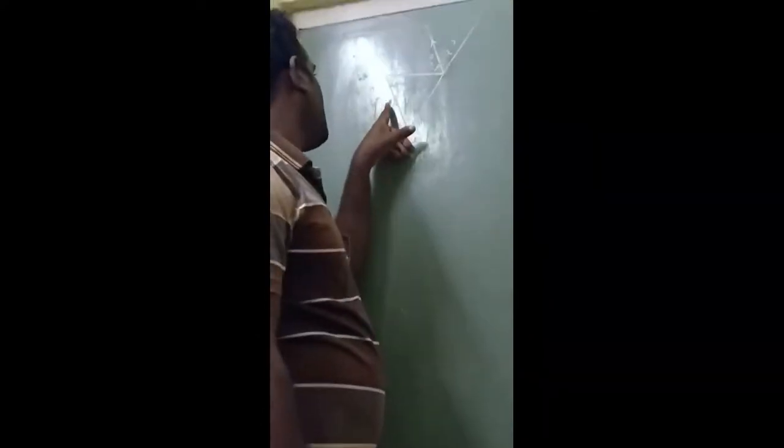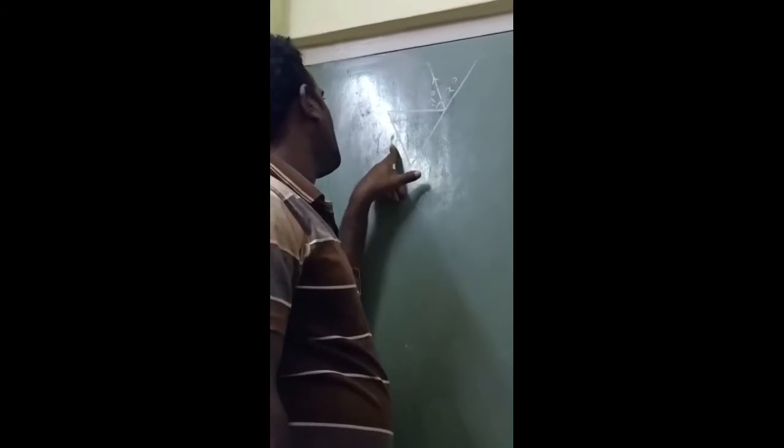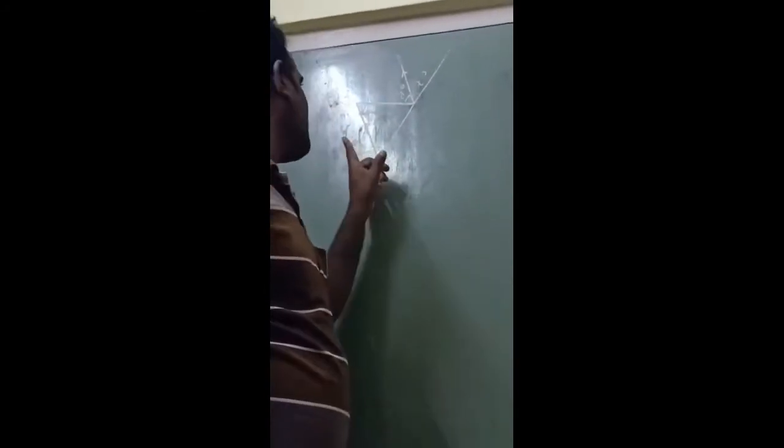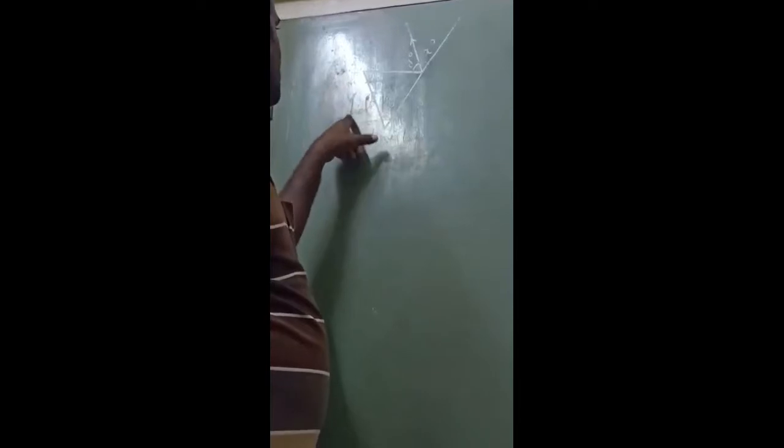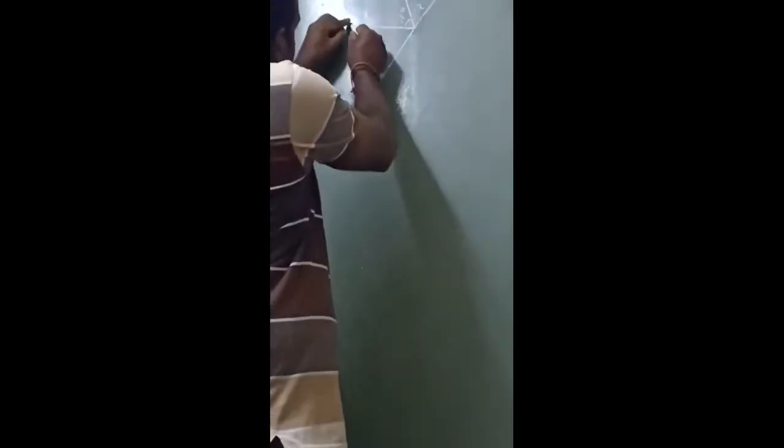See, this is the figure. Find X and Y values. Observe this figure. How to find Y value? First of all, on this line segment, one arrow is given. On this line segment, one arrow is given. What do I mean? Arrows on the same side mean the same direction, that is, the two lines are parallel. So this line is parallel to this line. That means this is the transversal, and extend like this.